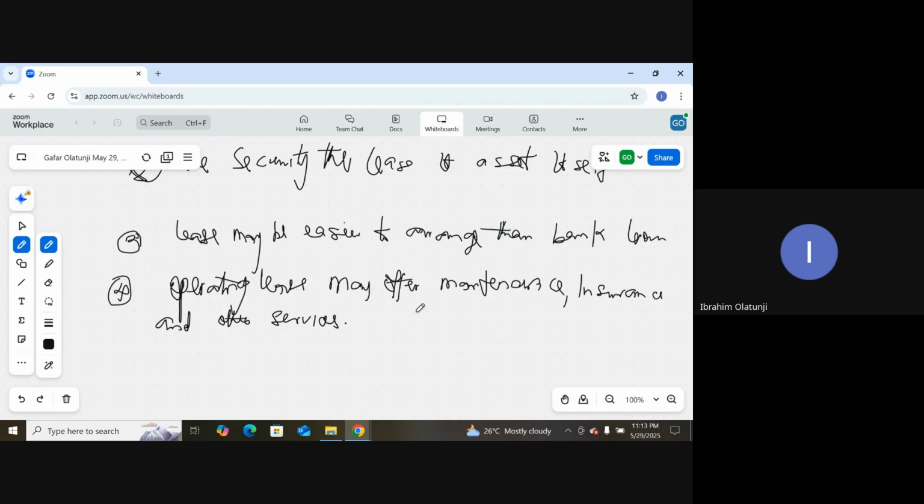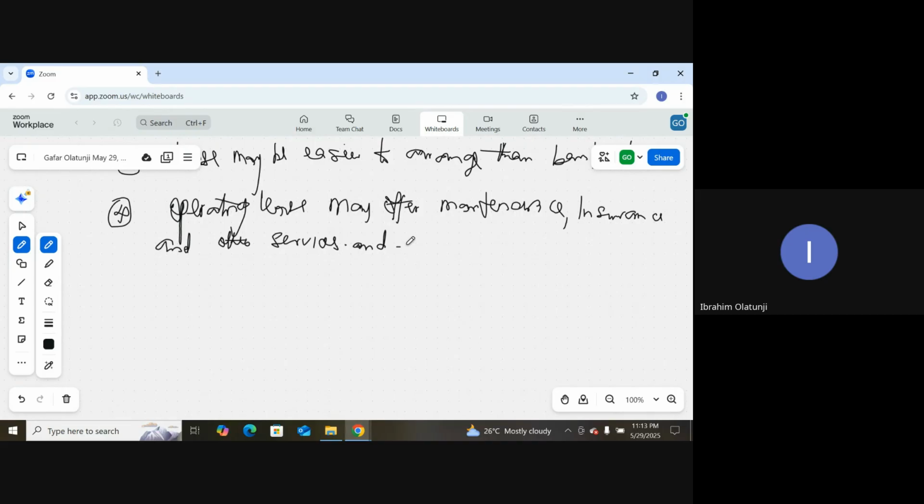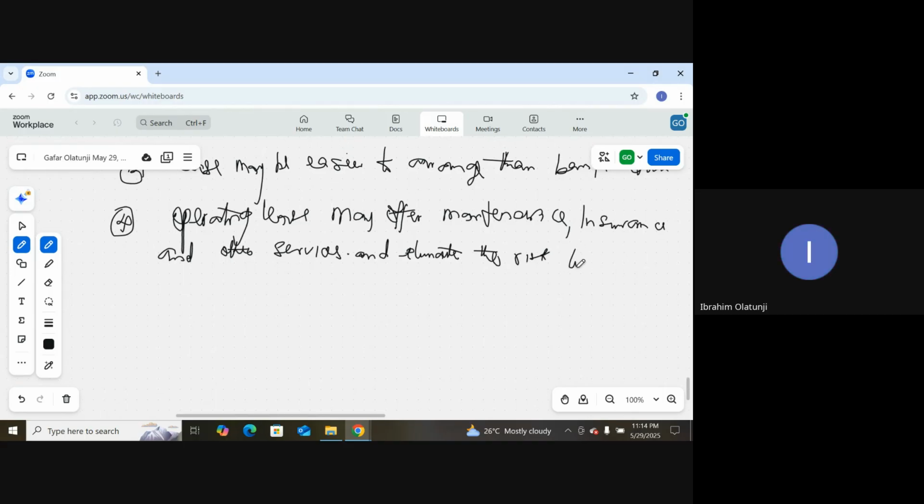And it will, let's see what we put here. Okay, and eliminate the risk. You know, it will definitely eliminate the risk. To eliminate the risk to the lessee,